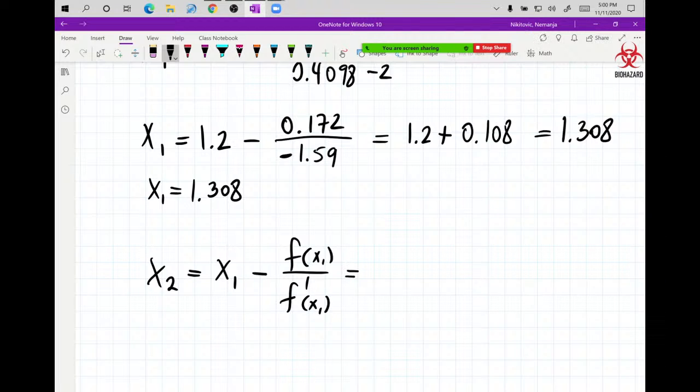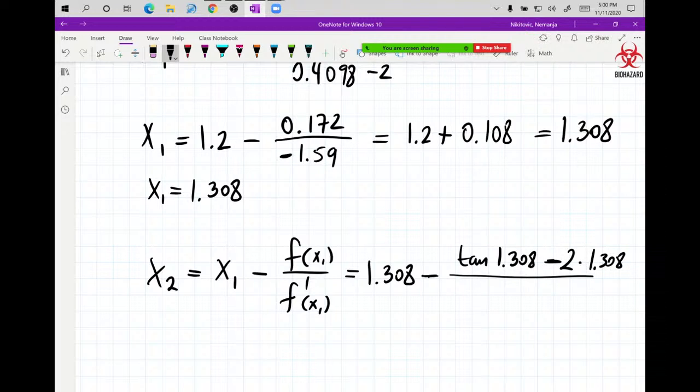Plug everything in. 1.308 minus, the original function is tangent of 1.308 minus 2 times 1.308, divided by the derivative, 1 over 1 plus 1.308 squared minus 2. Can you calculate that? You get your x2. Then you go x3, x4, x5, x6, x7. Eventually,